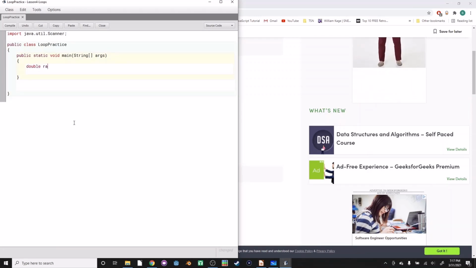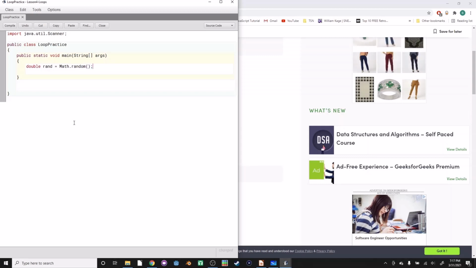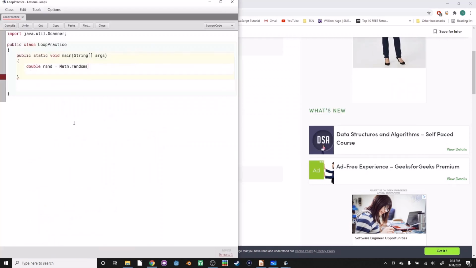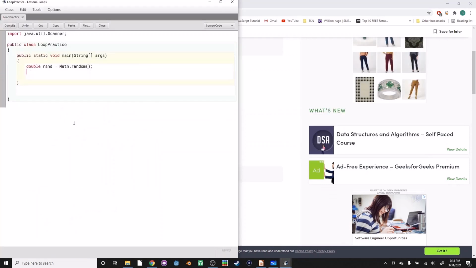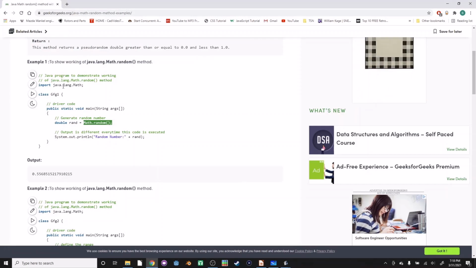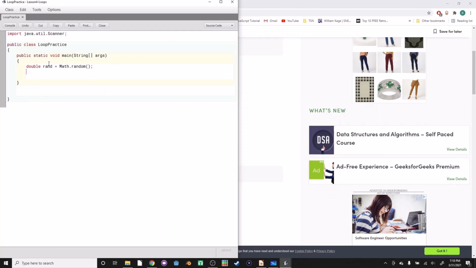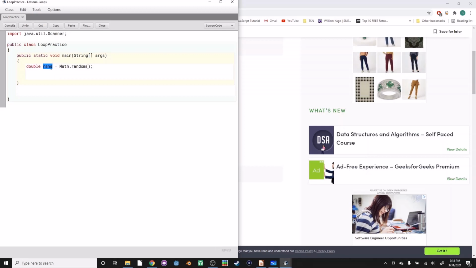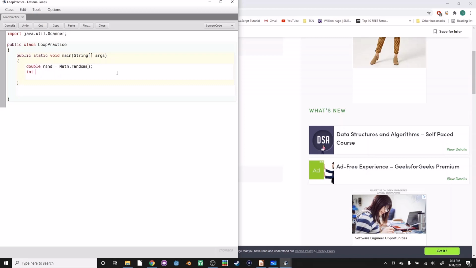double rand equals Math.random. I don't think we need to import anything, do we? No, we don't have to. Now, in this case, they imported it. I don't think you have to. So now we have a double between 0 and 1, but not including 1. So what I'm going to do is create an integer called